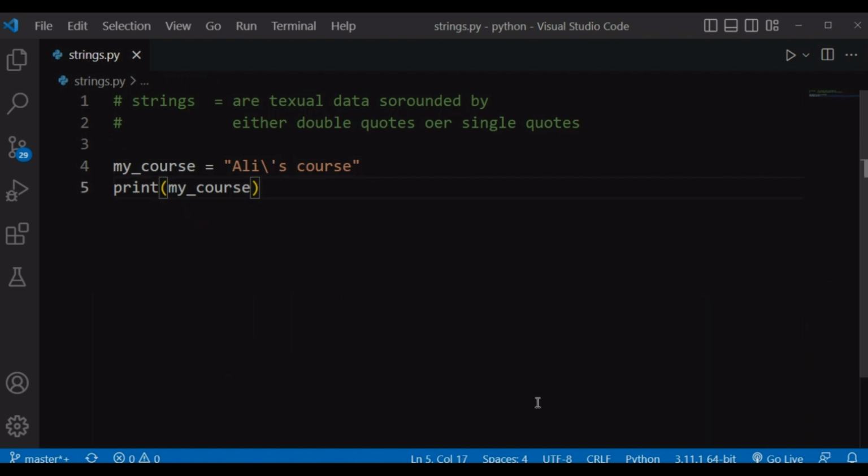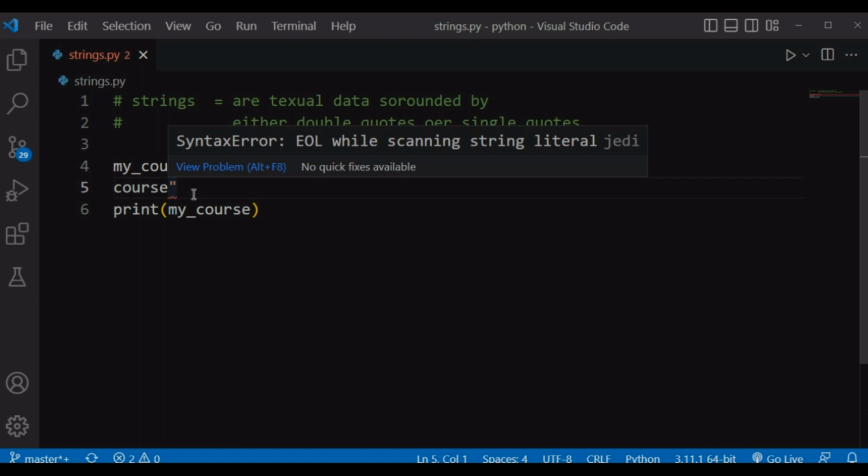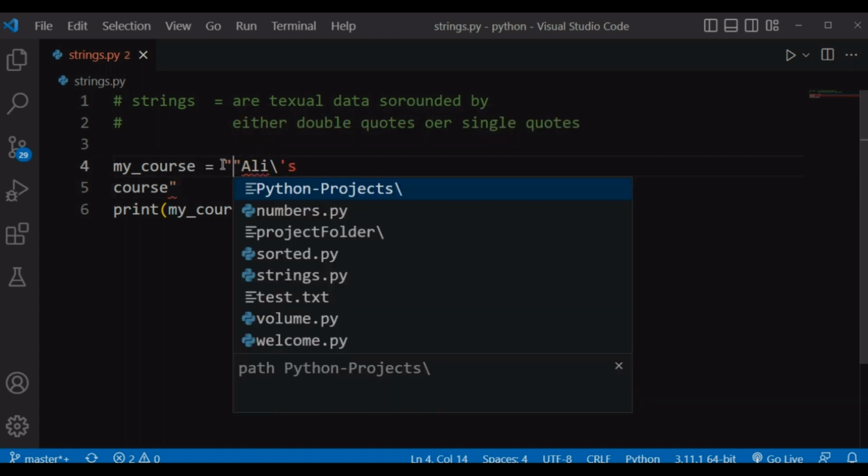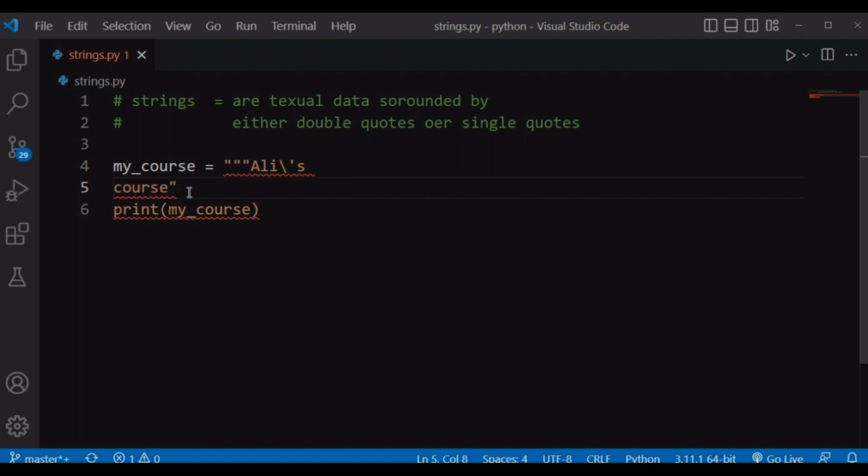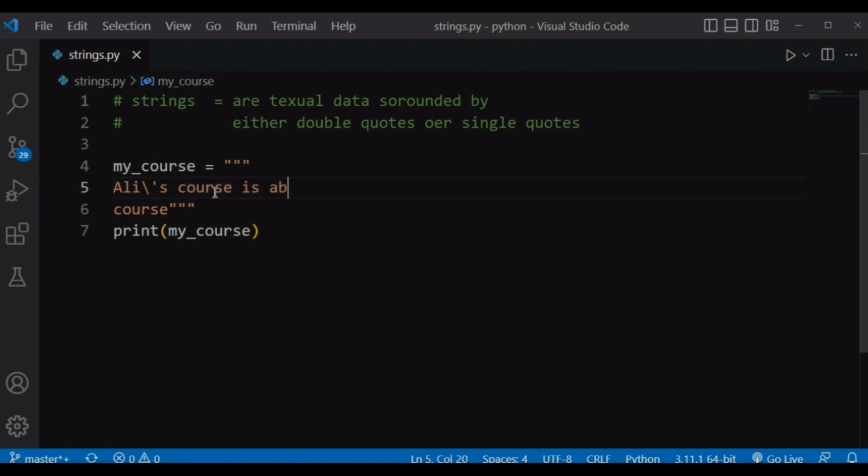The other way you can use quotes within our strings is to use multi-line strings. Multi-line strings are strings that are surrounded by triple quotes. Let's make this a multi-line string by continuing onto the next line. So we are going to have a syntax error unless we make this string use triple quotes. If we surround our string with triple quotes, either triple double quotes or triple single quotes, Python will identify this string as a multi-line string, and we can print as many lines as possible within our string. Let's say Alice's course is about